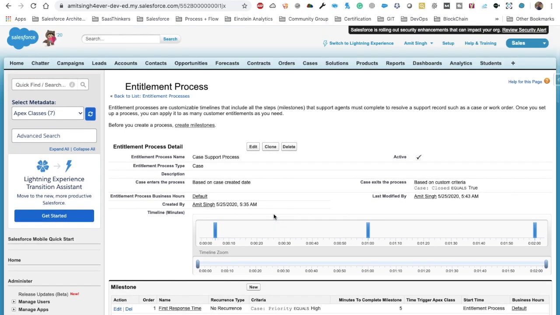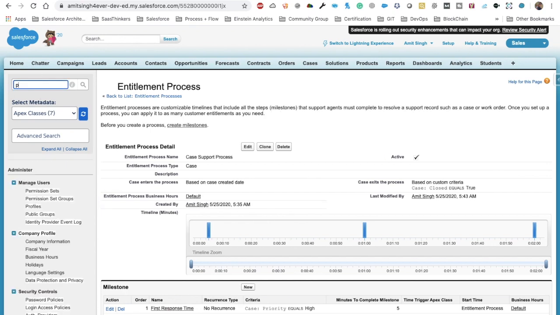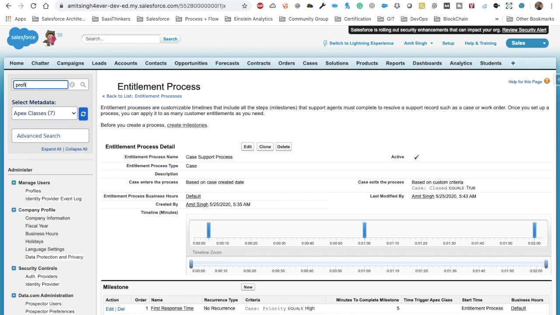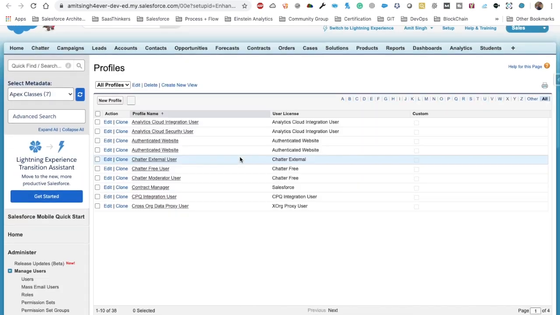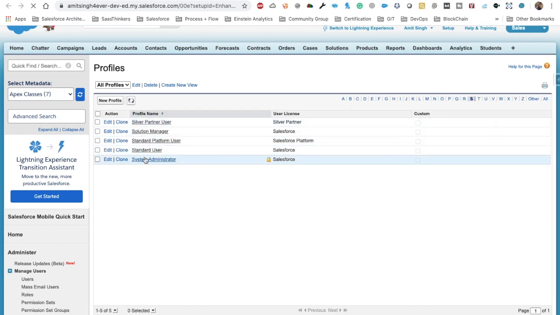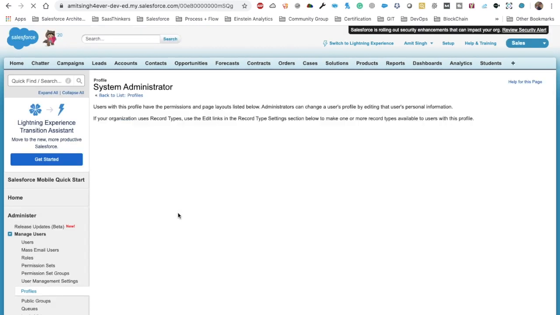Now next thing is that we need to provide some field access to the profile, because once we enabled entitlement, we have got some additional fields on the case object, account object, and we can say the assets object as well. But for now we are going to provide the access. So I'm going to say that we are going to provide the profile level access to the case object for the system admin profile, whatever the new fields that we have got, and then after we will do the next processing here.